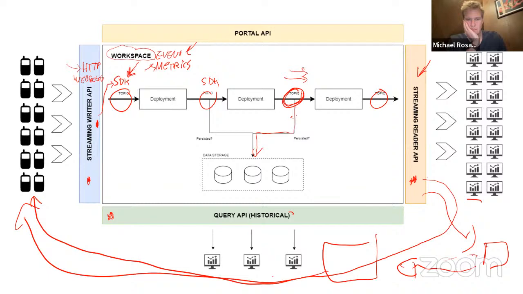So this system is to process data in real time, but sometimes you want to see what happened in the past, what happened yesterday, what happened one hour ago. Okay. And what we are doing is we have a switch in the UI.